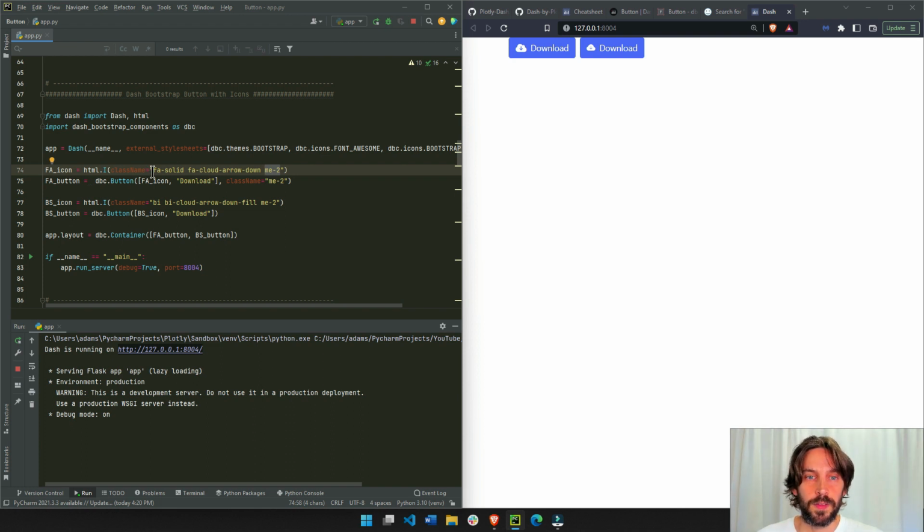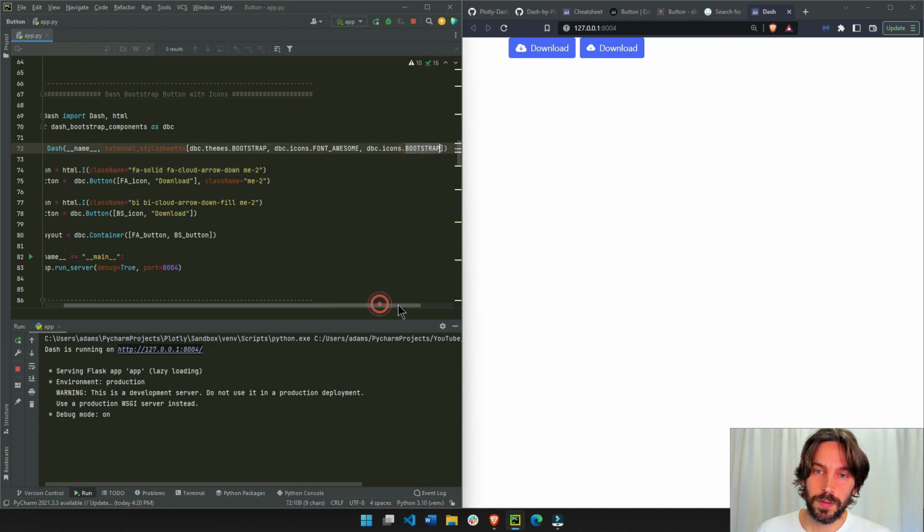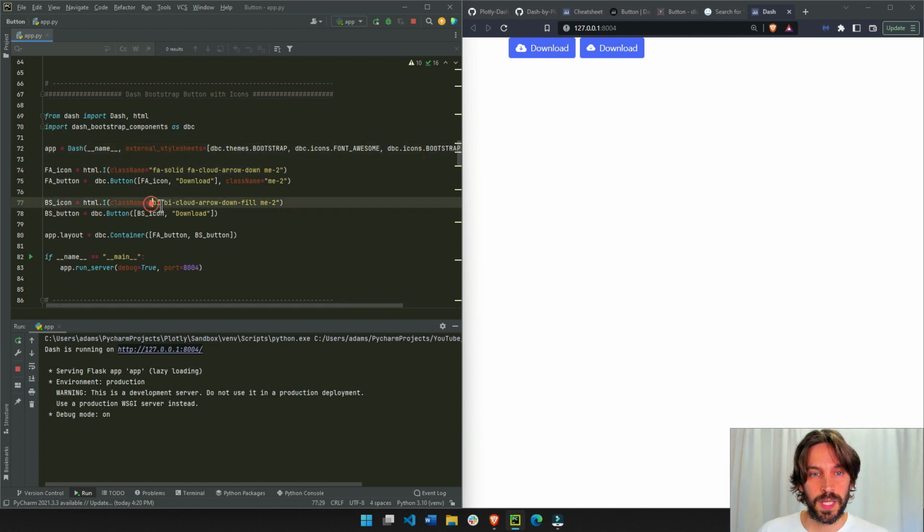So this is the name of the component for a cloud, and this belongs to Font Awesome because it's FA. I will also link under the video the Font Awesome website where you can see all the different components and their names and their titles or classes. And then the Bootstrap icon is using BI